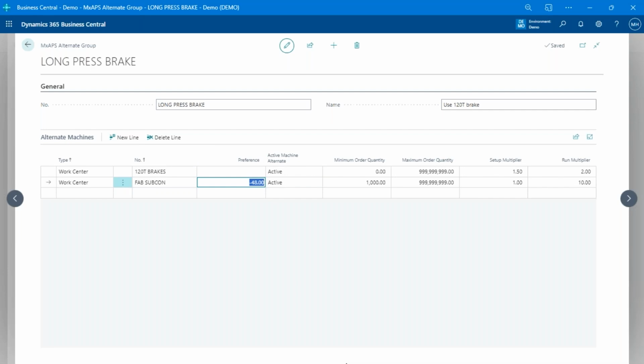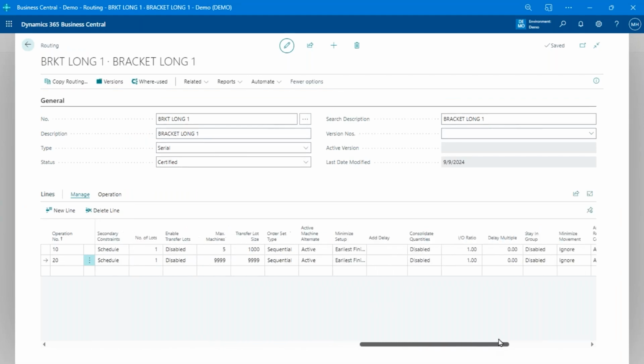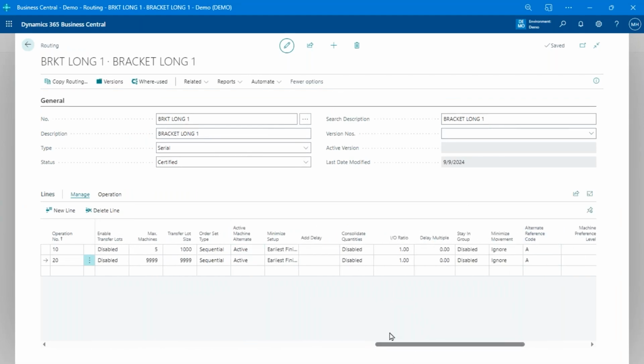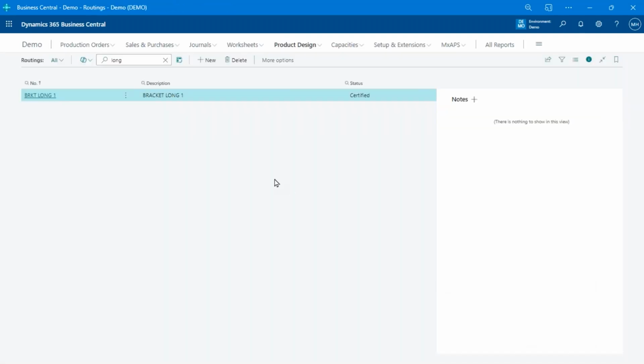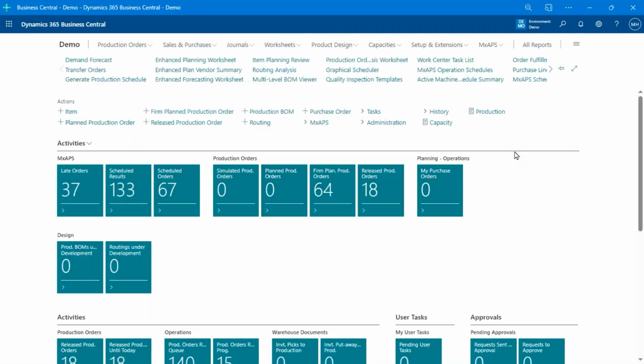There's no way manually doing that is ever going to come close to what the system can do for you. Okay, so that's an important thing to consider. Anyway, there's a whole bunch of stuff in here. I'm not going to go through all the details, but you can set up a number of different things here to optimize that schedule. Now, once everything is set up, we're going to go out and actually run the schedule.